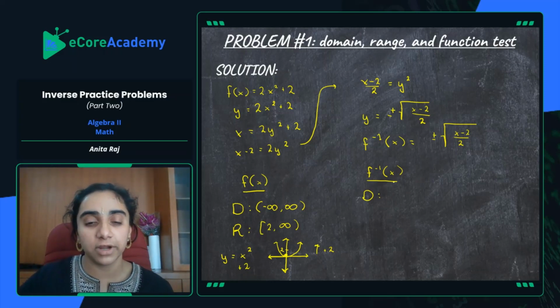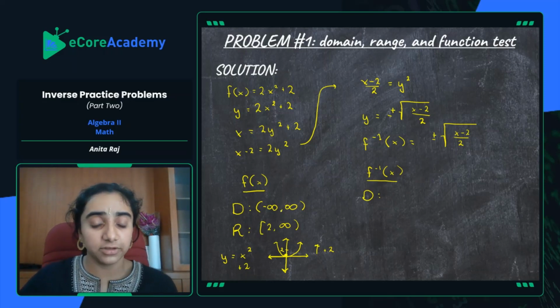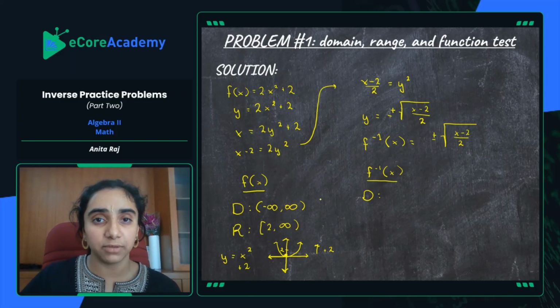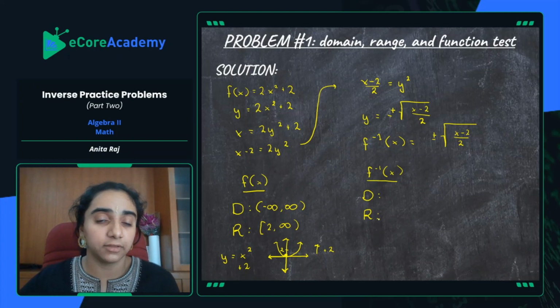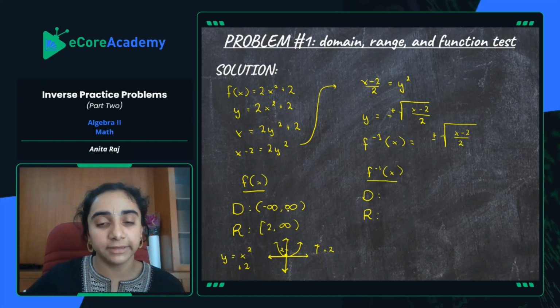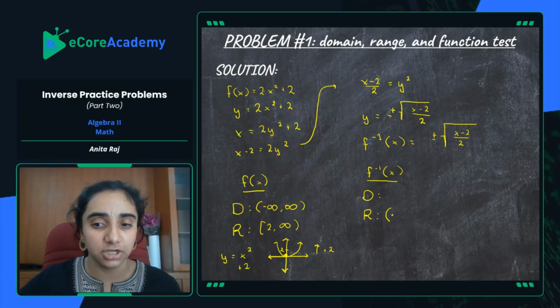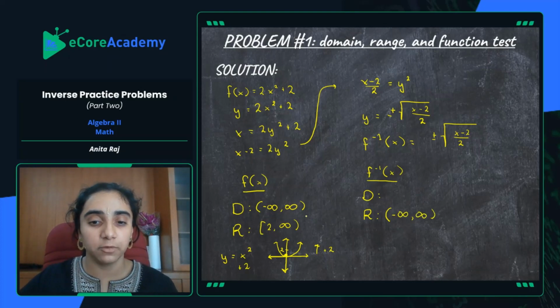A really short way to think about it is we can take the domain and range of f of x and just swap them, because remember, the domain of f of x is technically the range of its inverse, and the range of f of x is the domain of its inverse. So we can literally just take the domain and range we found and then flop them. So negative infinity to positive infinity would be the range, and then the domain would be bracket 2, because remember, we're including the 2,